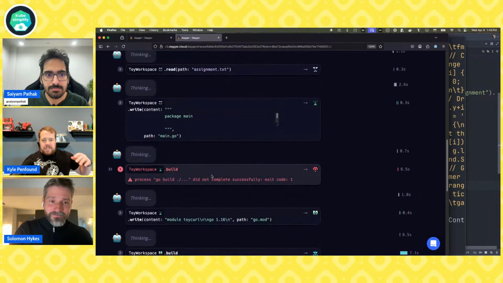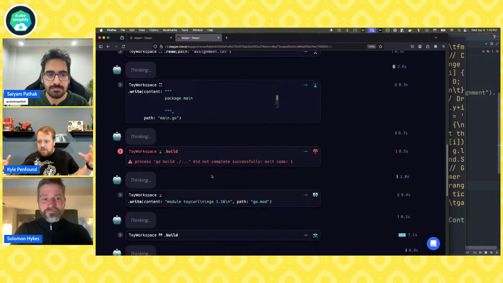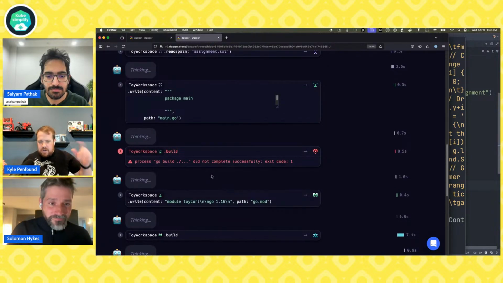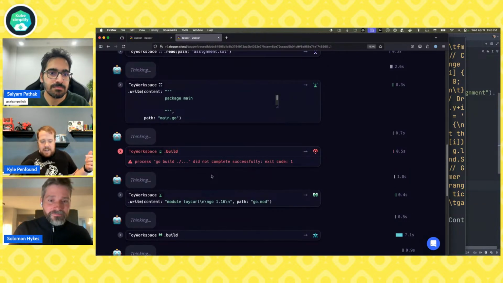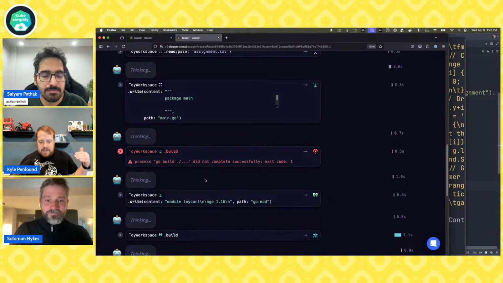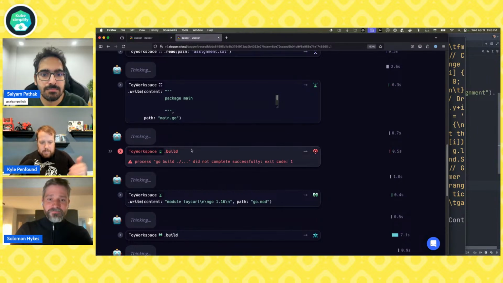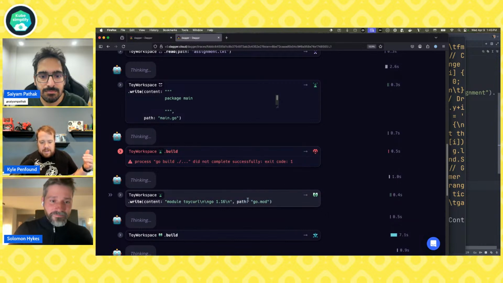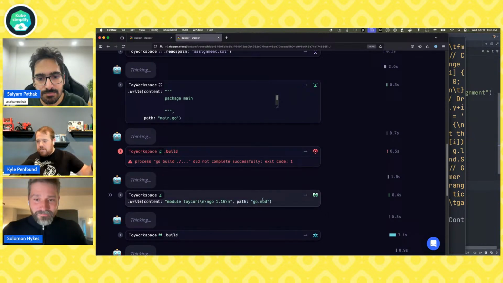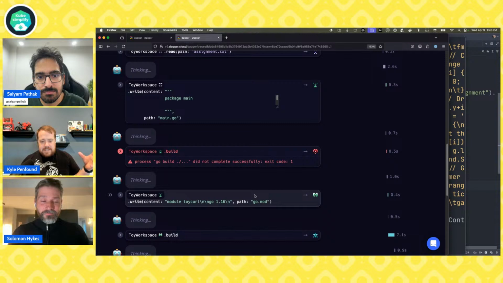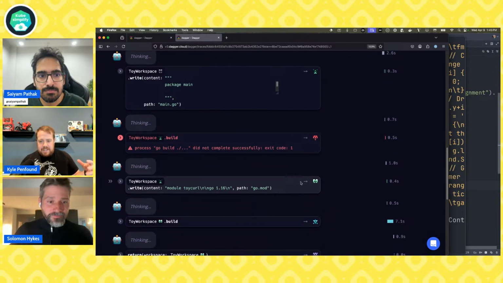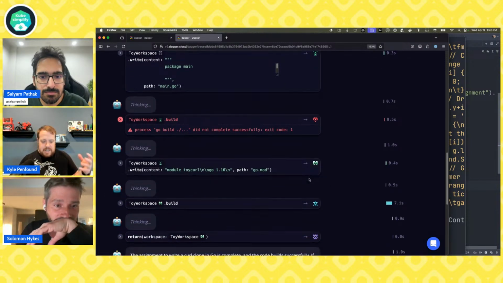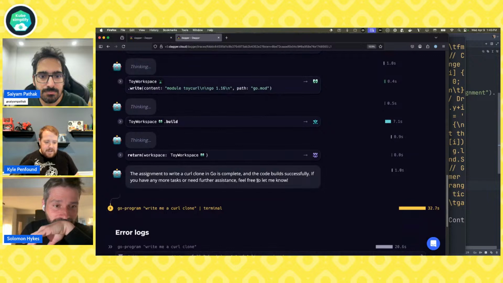And this is one of those things where, if you're building an agent for production, you're watching this and you're like, okay, every single time we spend an additional 1,000 tokens because of this first step where it trips and then creates a go.mod. Maybe in the workspace you pre-create a go.mod, right? You can use this observability to actually make these runs more efficient and cheaper.